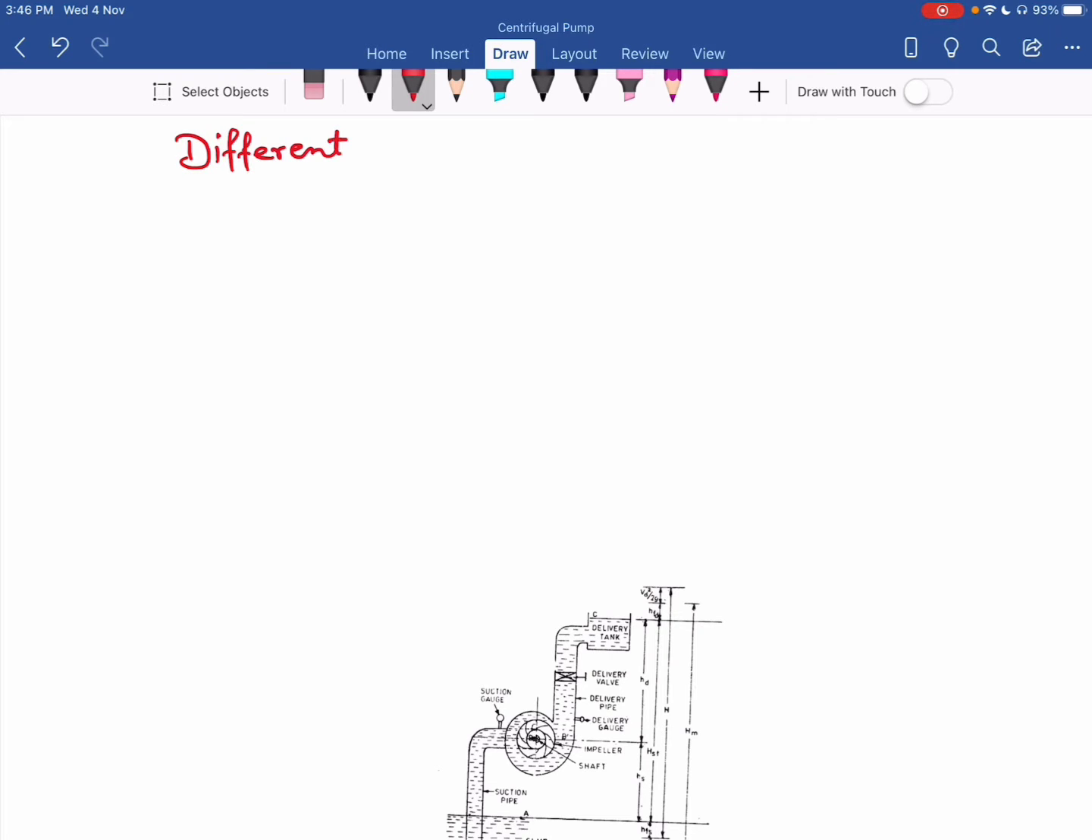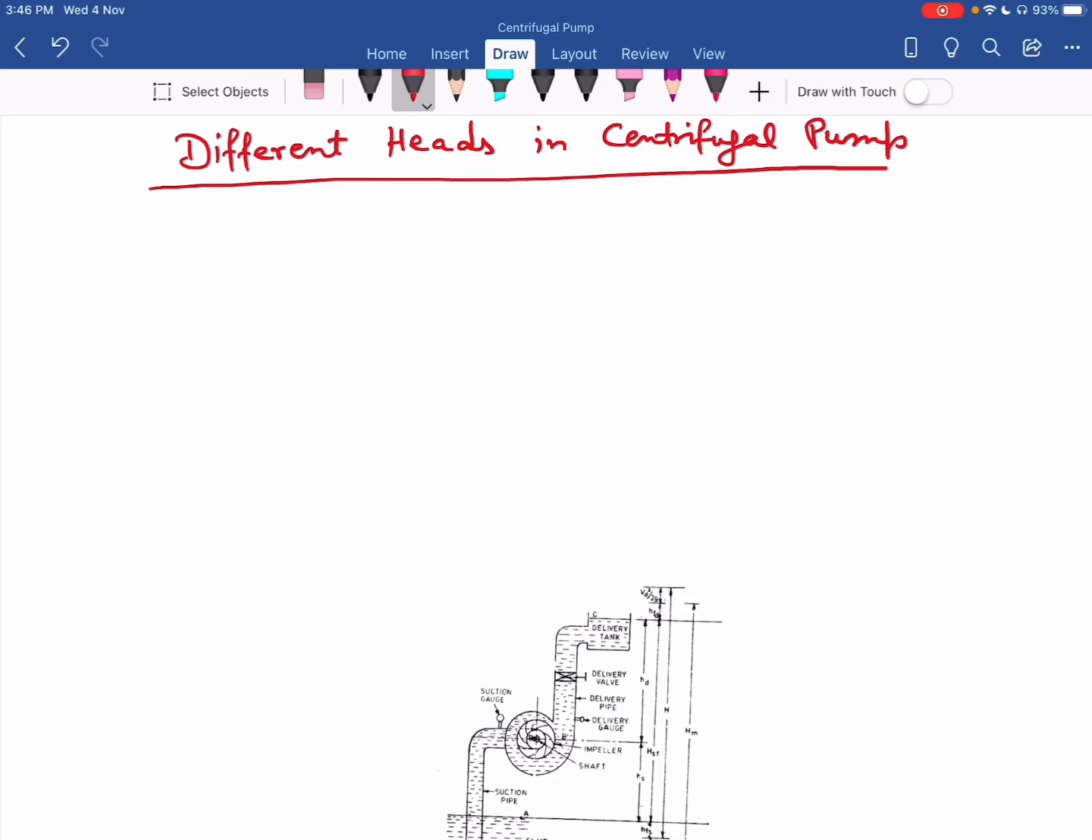Different heads in centrifugal pump. Now, the first important head in centrifugal pump is the static head. It is HST. Now, it is the vertical distance between